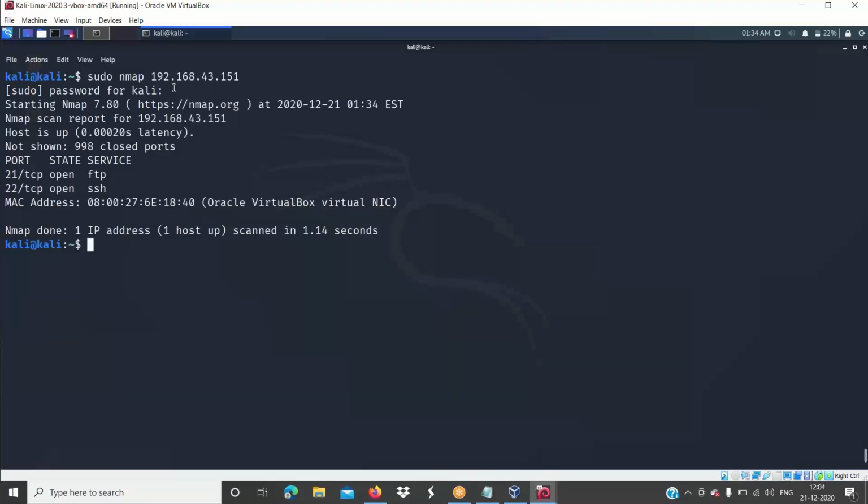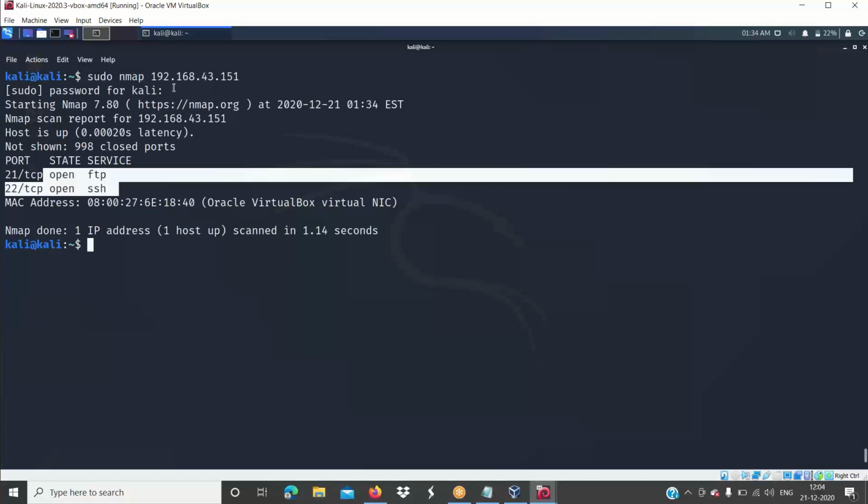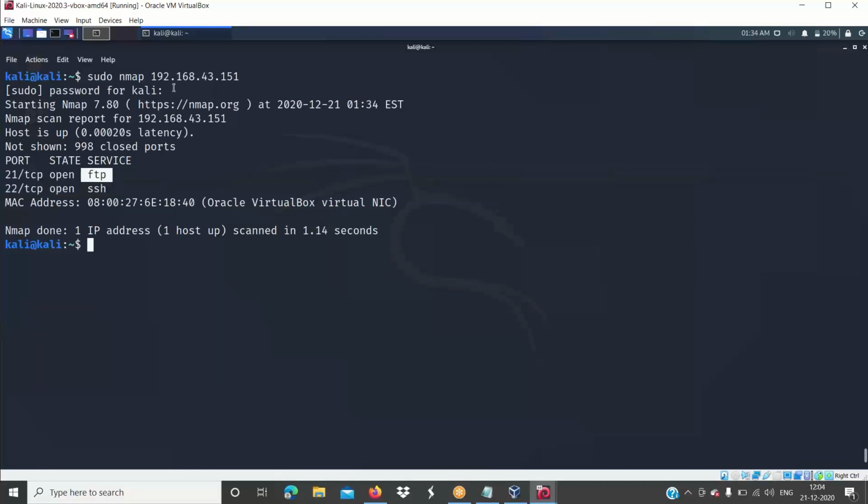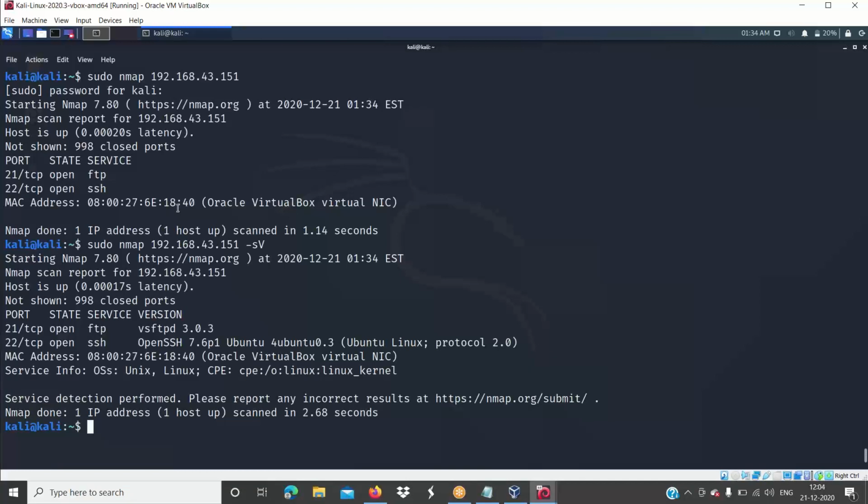And you can see two ports are open. FTP is open and SSH is also open. So let's do the same thing with version detection, and let's see if these versions are being disclosed.